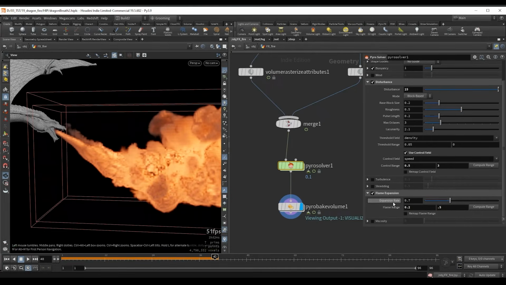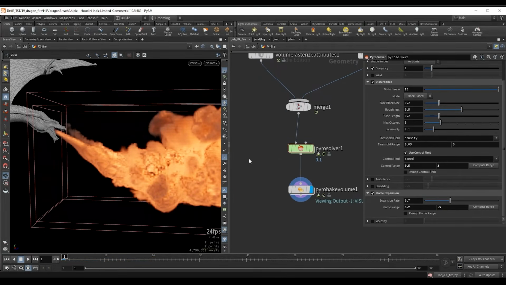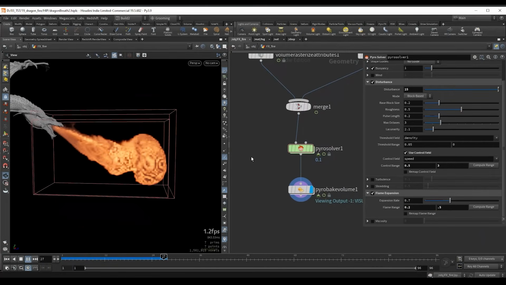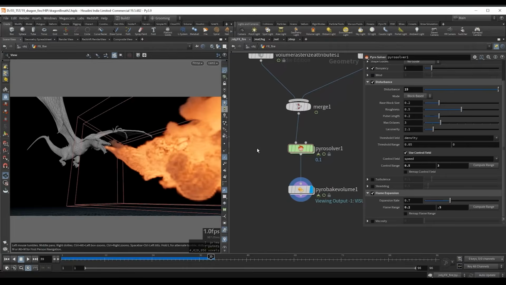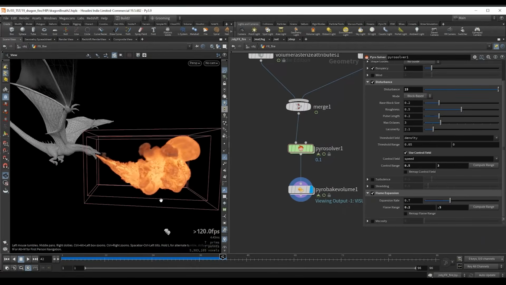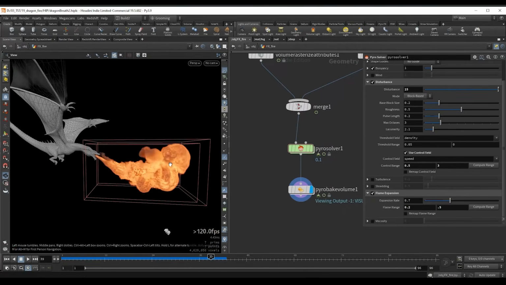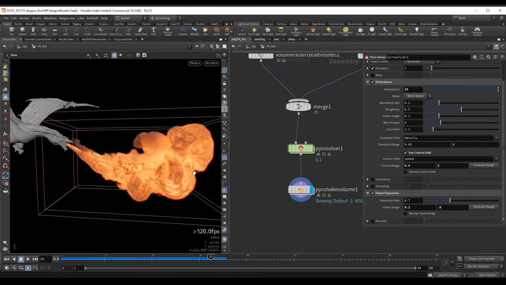And we have to play around with this expansion rate, but let's see what the default will give us. So we should have a little bit more spreading. Let's maybe look through our camera. And one thing that I should have done from the start, we can see that the smoke starts to rise over here, and I don't really want that. Now this is the correct behavior that's supposed to happen because smoke rises from the heat, and there is a lot of heat over here.